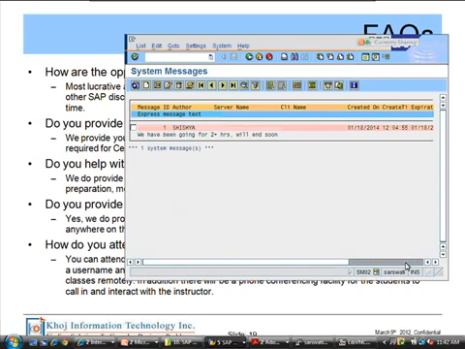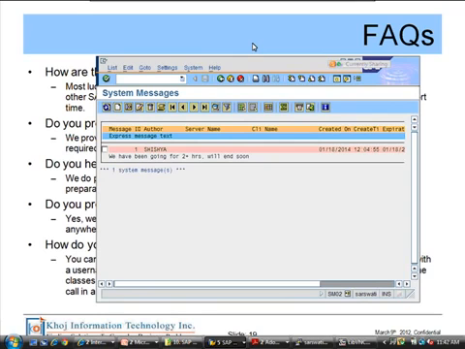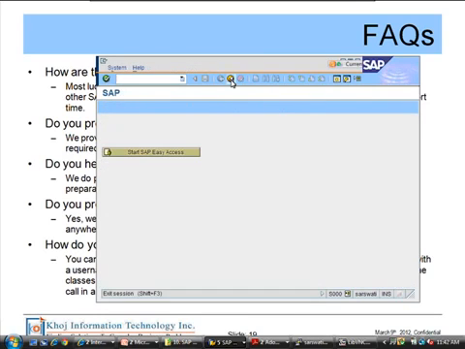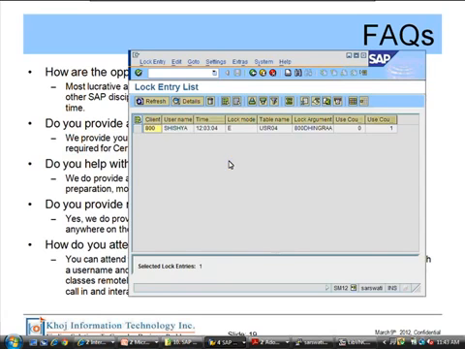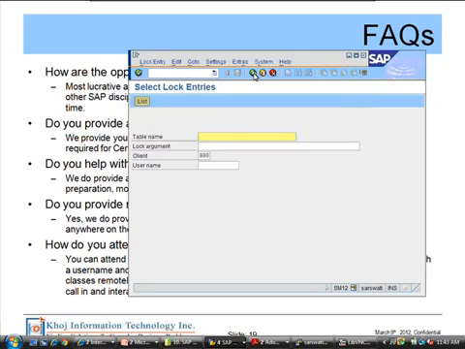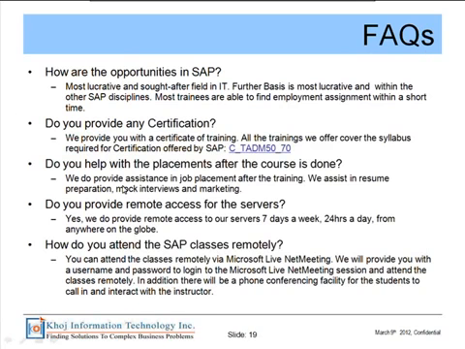No, this window is SAP GUI, SAP's graphical user interface. That's for everyone, even for the regular user to access the module? Yes. An end user, a developer, an administrator, they all use this. It's just that they will go to different transactions in it. They'll have security to do different things. But an end user also uses it, a developer also uses it, and an administrator also uses it. It's a good question.